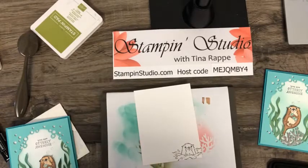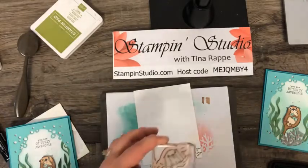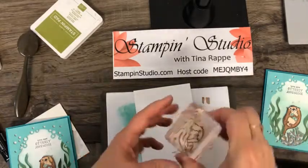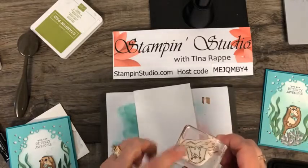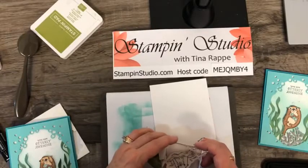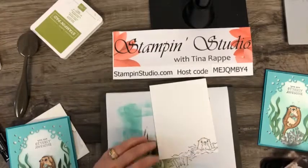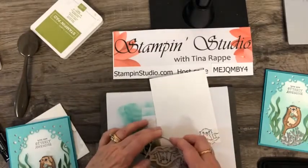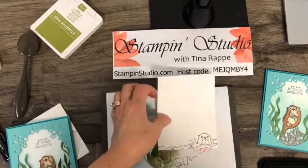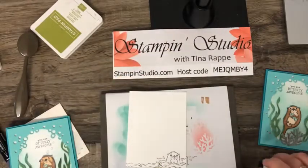Okay, now it doesn't make sense to me that the water would just be right there and it would stop. I want water over here too, but we don't have an image that is just water. So I'm going to take this and turn it upside down, and I am going to stamp it. See? And it works just perfectly there. All right, then